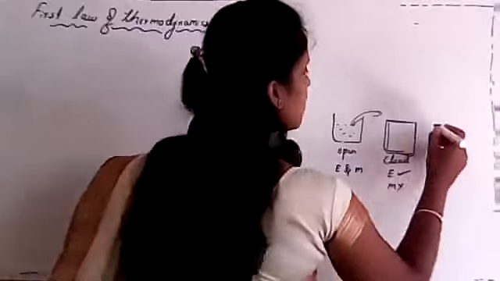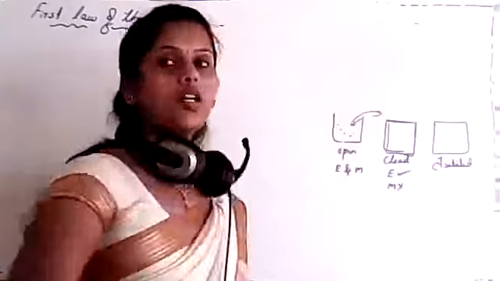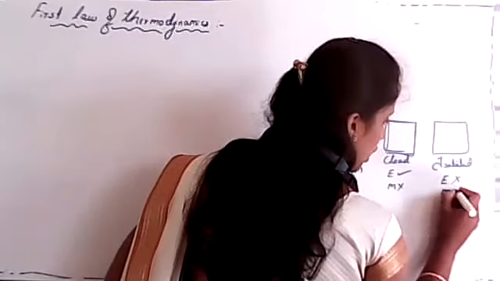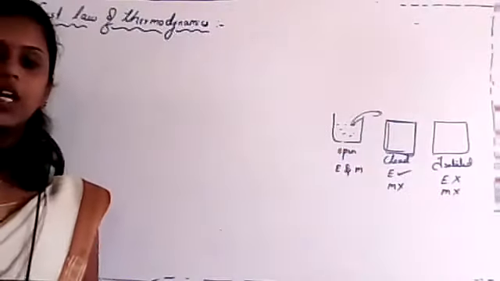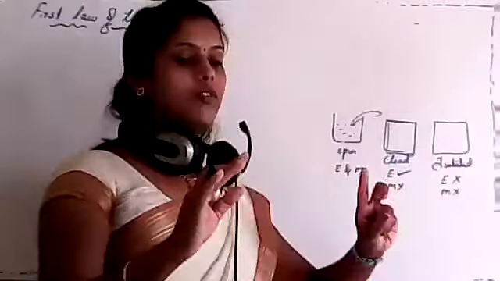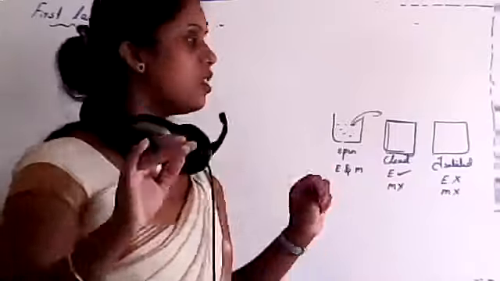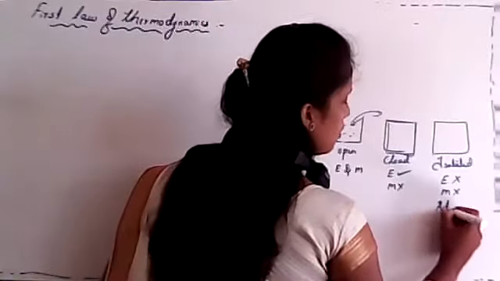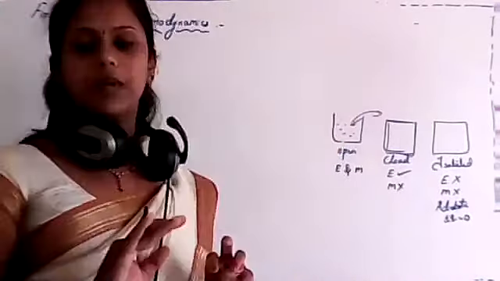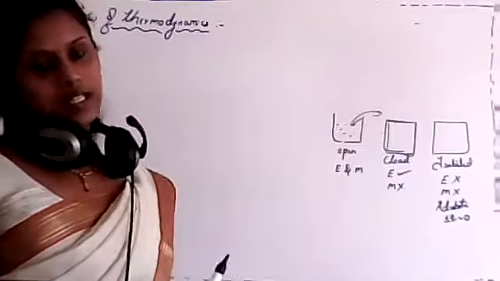Clear? And the third system is isolated system. Third system is isolated system. What is this? Here, there is no exchange of energy and no exchange of matter. So the content which is inside that system will never be exchanged and the energy also remains constant. That means there is no change in energy. That is known as adiabatic process. That means change in heat equals 0, heat remains constant. Clear? So these are the main 3 types of system.